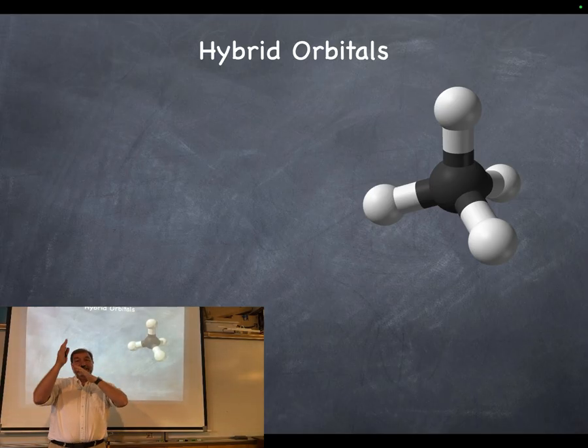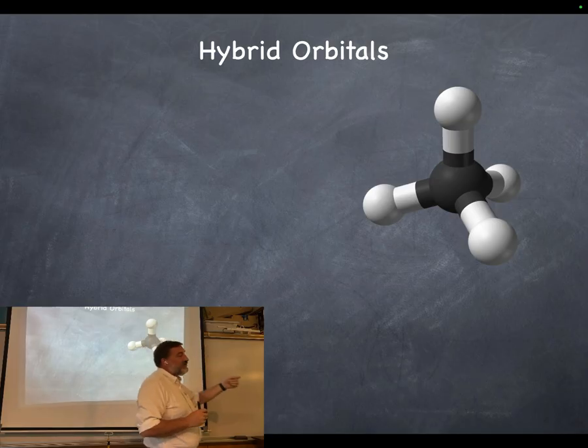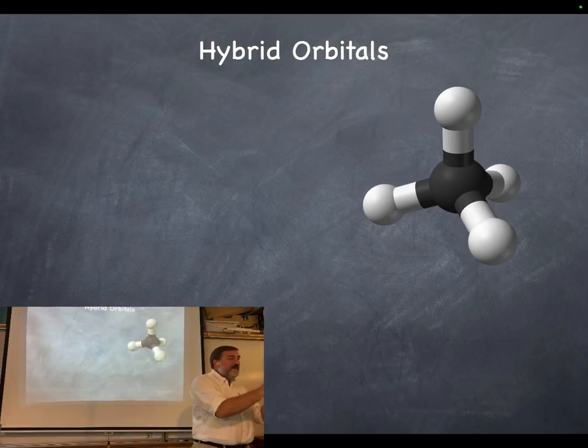The p orbitals are at 90 degrees to each other. The s orbital is a sphere. This shape doesn't come naturally out of any of the